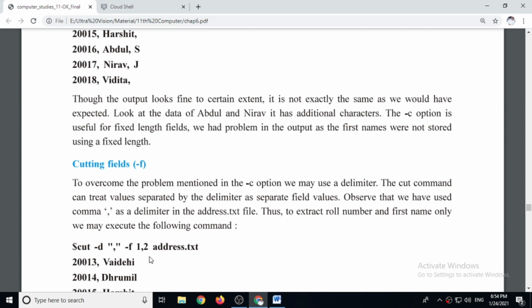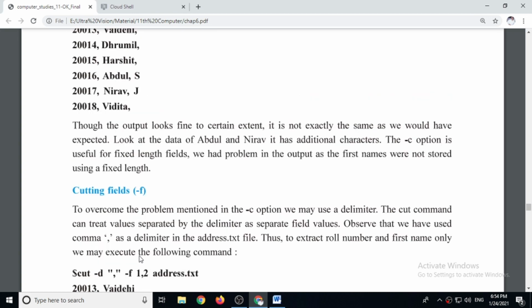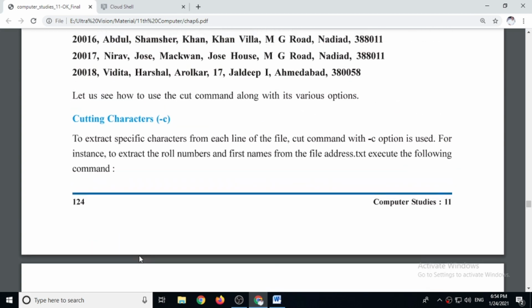When we have used comma for delimiter, we cannot use comma to store any other type of detail, and then we can write -f 1,2. 1,2 it means it will show first and second fields.